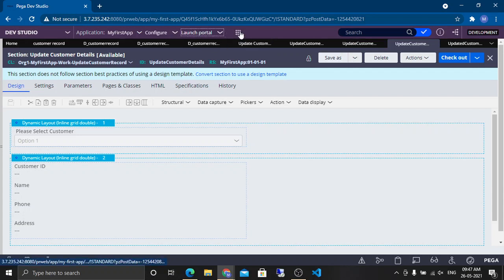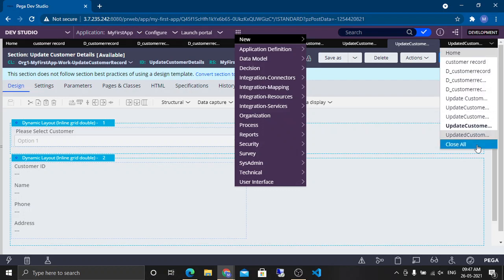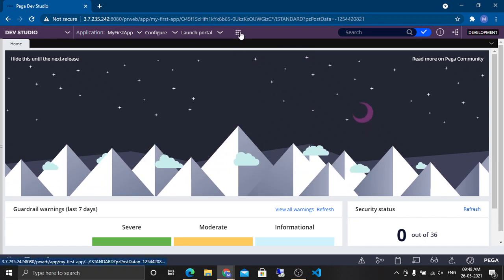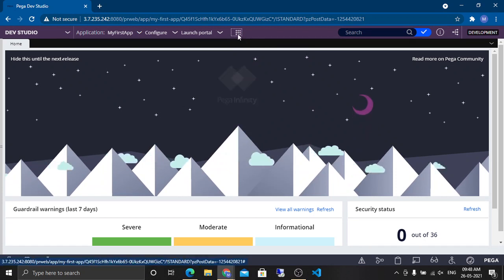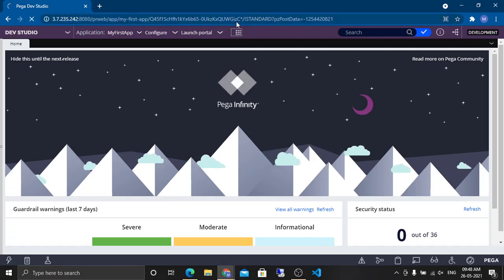Let's try to create one case. So we'll click here. Quickly, let's close everything. Okay, guys. So we should be having one flow. Or on the second stage, we have some UI. First stage, you are directly skipping. Nothing is there. Slowness is there, right? Do you guys also face slowness on the environment? Yes, sir. Yes, sir. Same.